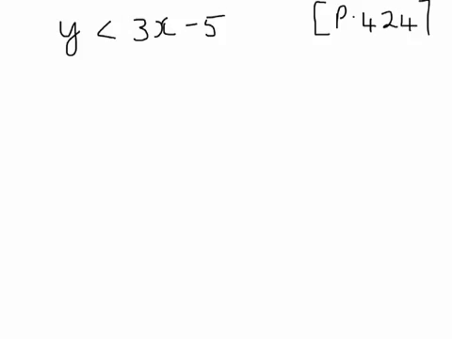So if we look at y is less than 3x minus 5, and if you want to look this up, Ruth, it's on page 424 of your textbook, and this is number 1A. So if I wanted to do this with a table of values, first thing I need to do is draw up my table. So I'm going to have x and y,